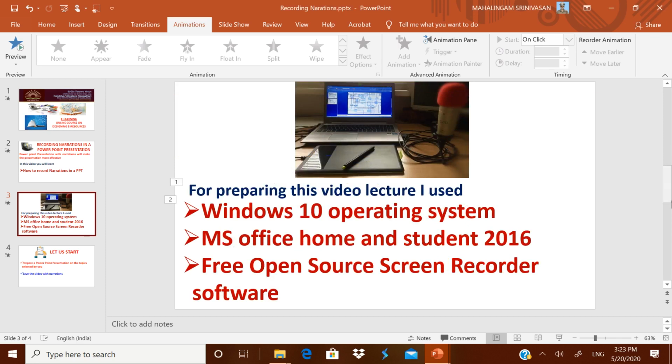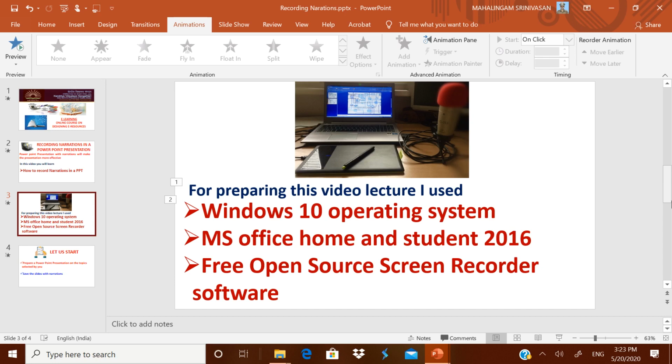Before you do recording, you should check whether your desktop or laptop is capable of doing recording. Normally, a desktop may not contain a microphone embedded in it, but a laptop normally will have a microphone already fitted inside.